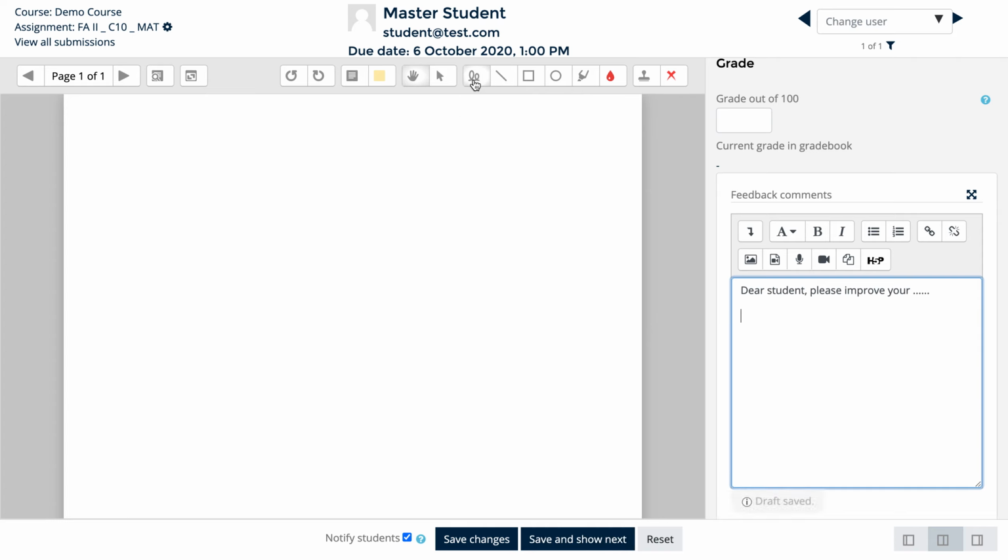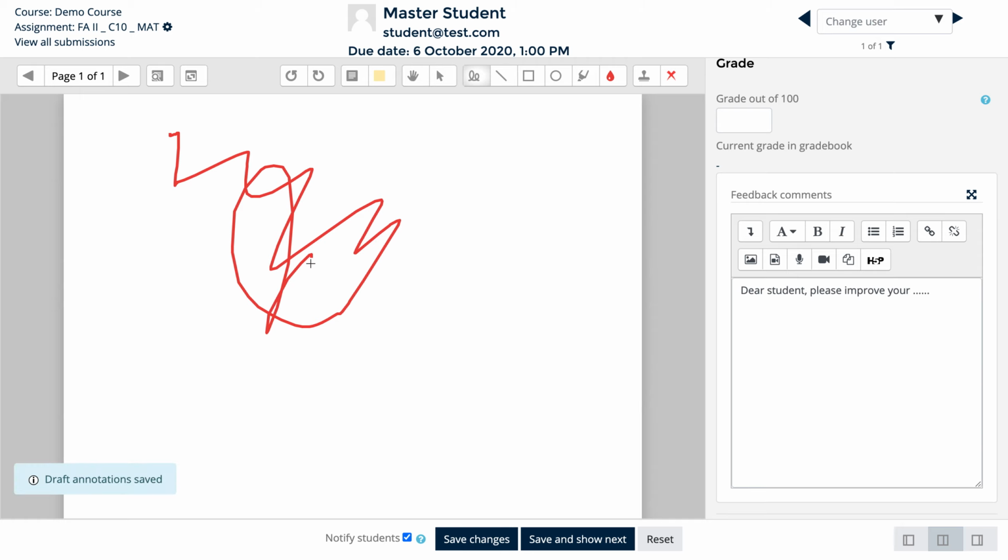So the first one, scribbling part. So let us try this feature now. If you take this, your pen will have the scribbling option. Yes, you can do like this. So let us say some mistake is there here, you can round it like this, you can tick it, you can write in the mark. So scribbling is scribbling, you can annotate anything here. So the first option is done.